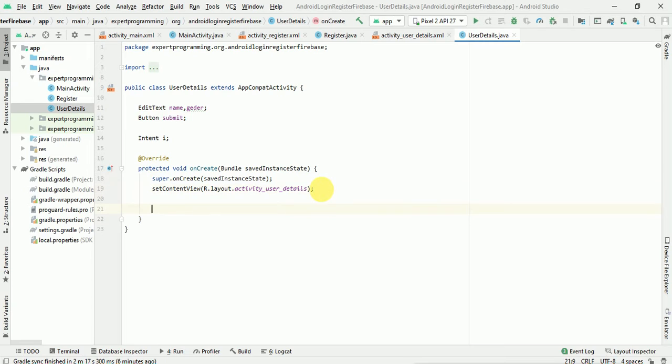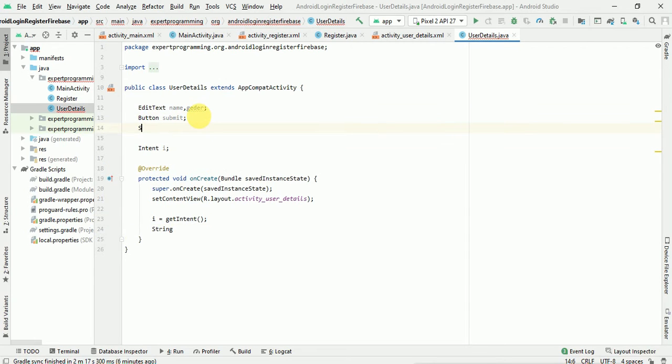Now we will get this data. First let's get the intent data. So i equals getIntent, and then a String, we'll declare here, String email.